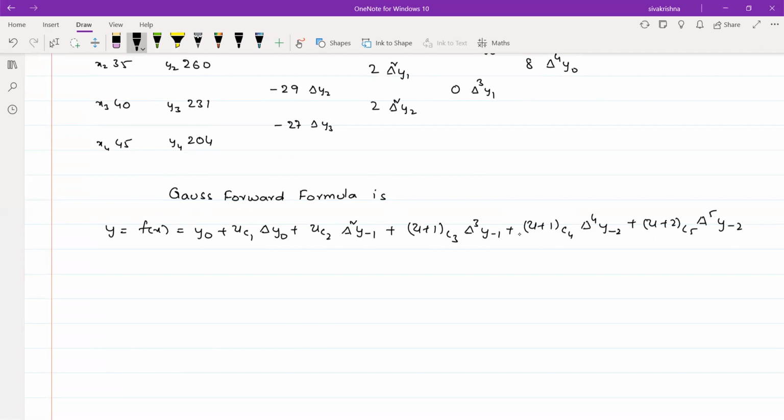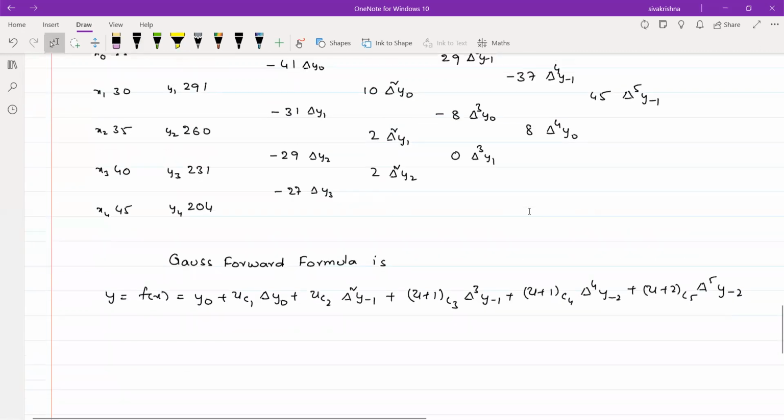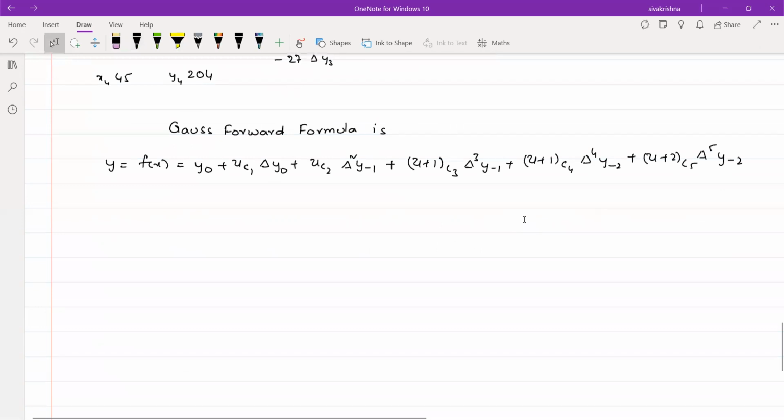So since we are having up to fifth difference, I am writing the formula up to fifth difference. Once again we have to simplify the formula. This is equal to y naught, uC1 is nothing but u into delta y naught, uC2 is nothing but u into (u minus 1) by 2 factorial into delta square y sub x minus 1,